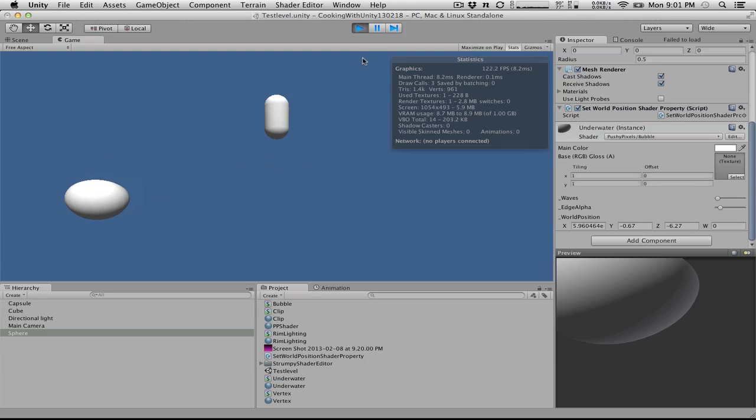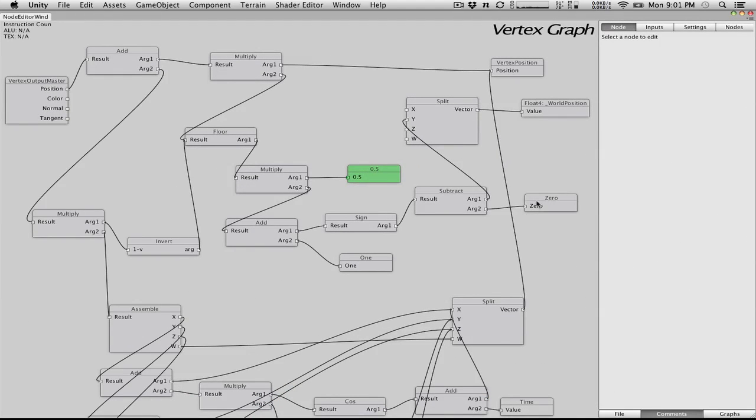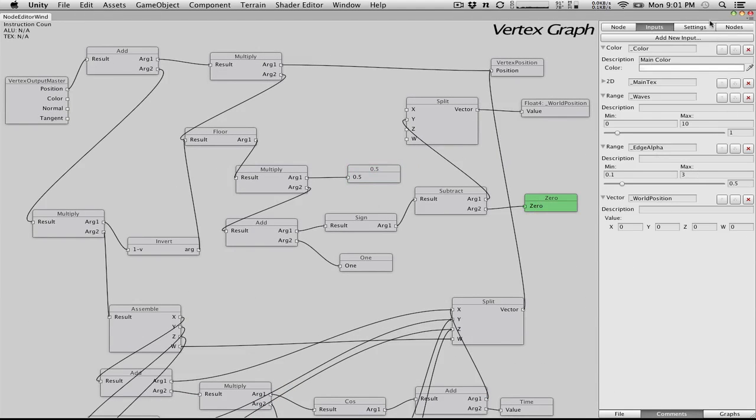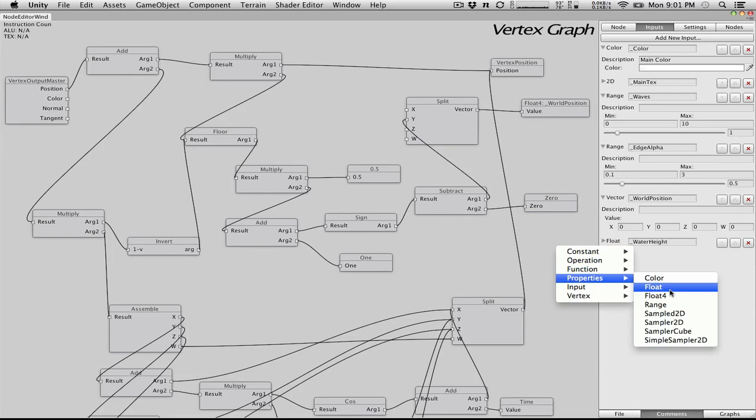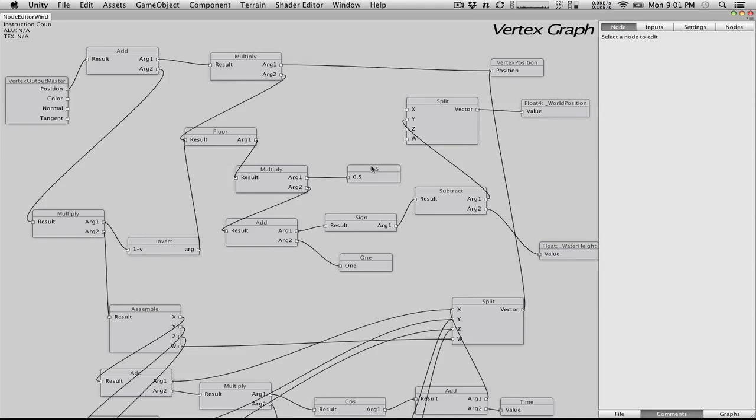So let's make that final thing a real quick variable, just to make sure it works in any case. I'm going to create another input. We're going to call it a float property, and we're going to call this water height. And we're going to create a property float, hook it into the water height, and then plug this in here instead of 0. So now, if we save and export this,